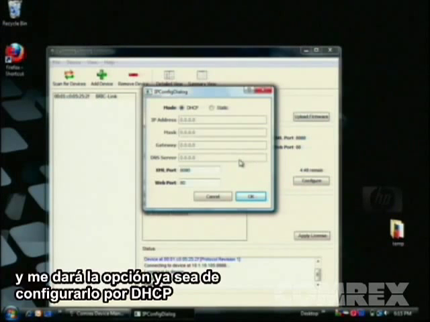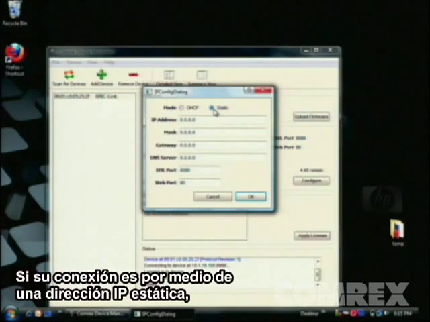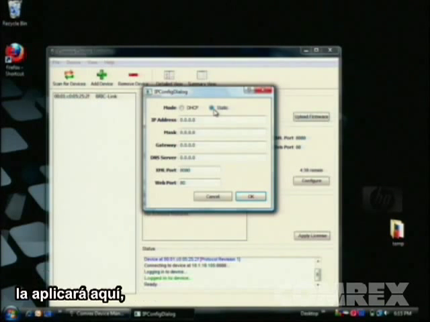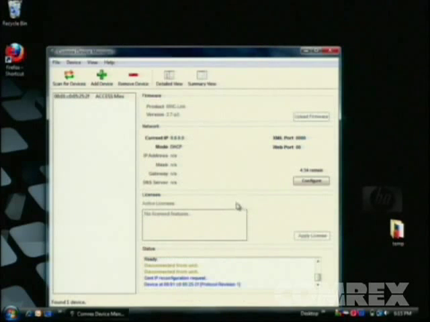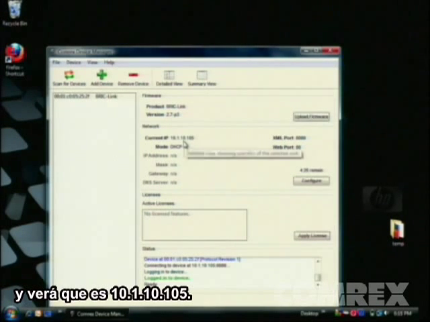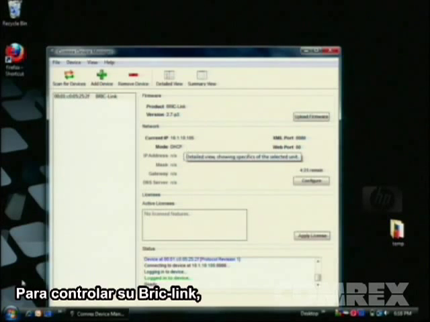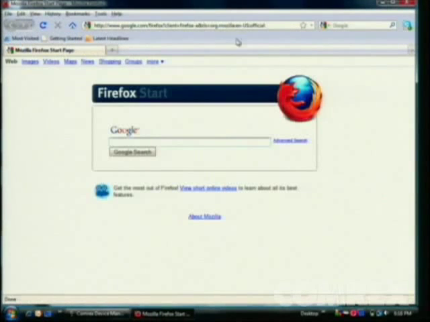button, and now it gives me the option to either configure it for DHCP or a dynamic IP address or a static IP address. If you have a static IP address for this connection, you'll apply it here. Otherwise, just keep it on DHCP. You'll also get your IP address from here as well, and you'll see that it's 10.1.10.105. To control your BRIC-Link, you simply open up a web browser like this Firefox web browser, and now we'll